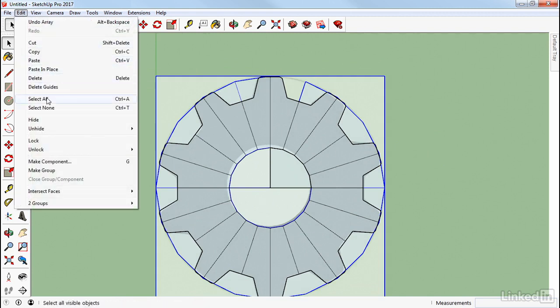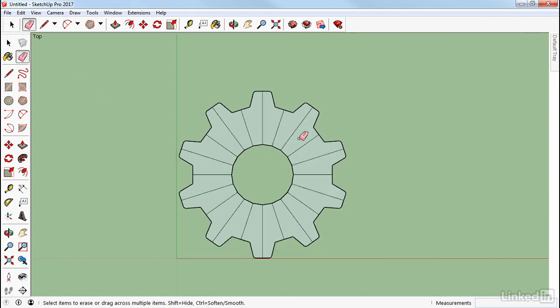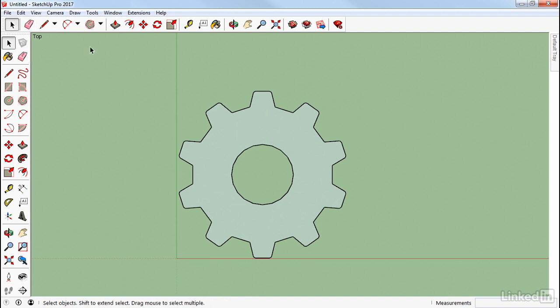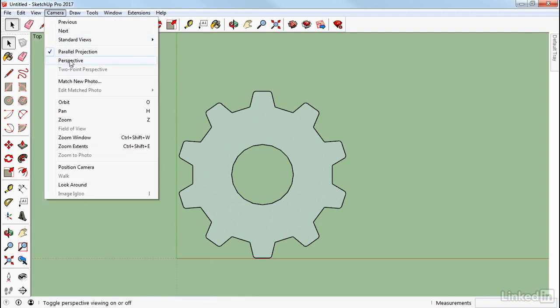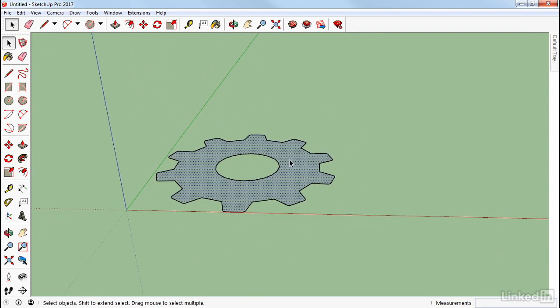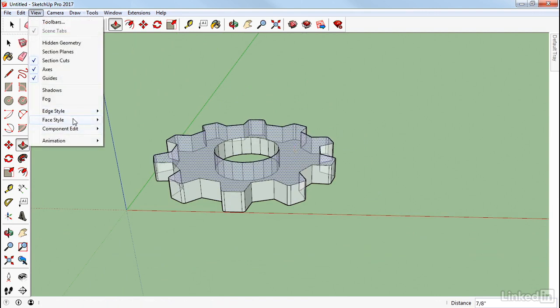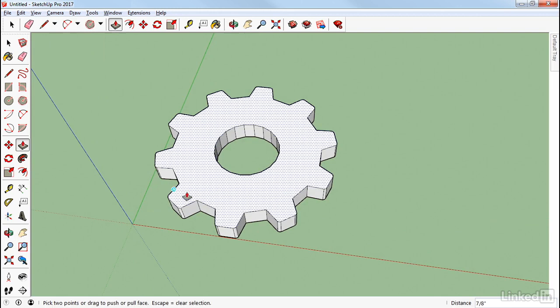We can do an Edit, Hide, and now I basically have the outline of my sprockets. So now I can go through and I can start to delete these edges to make this one solid face. And now I'm going to go back into Perspective View, tilt this over, select that face, and use my Push-Pull tool to pull it up. Now again, I'm in X-ray mode, but as soon as I turn it off, you can see I have a